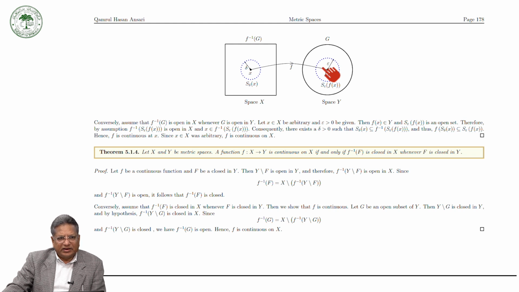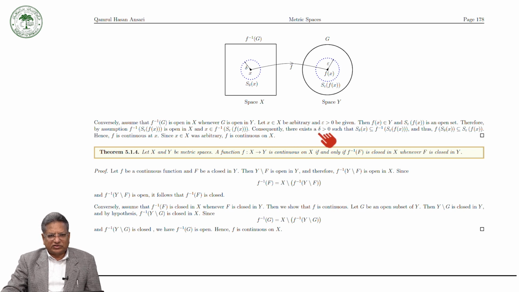Therefore, by the assumption that the inverse image of an open set is open, the inverse image of this open sphere, f inverse S epsilon of f of x, is open in X, and x lies in this set. Consequently you can see that there exists delta greater than 0 such that, because this is open and x is in this set,